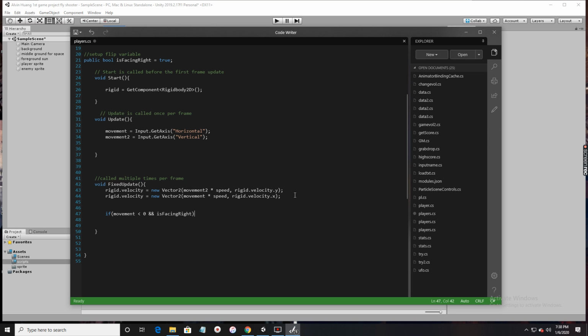then flip it. What I mean by that is we'll call the flip function. We'll create it very soon, but I want to explain what I mean by this condition, or Boolean, inside this if. If the movement is less than 0, movement meaning the x component, in this case horizontal,